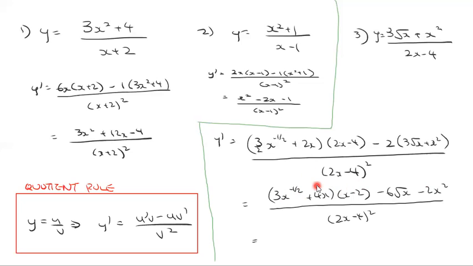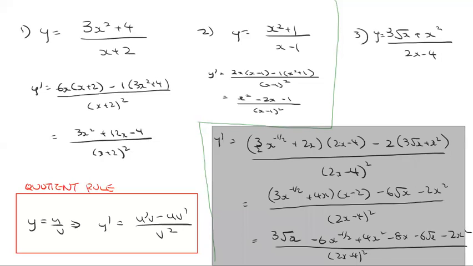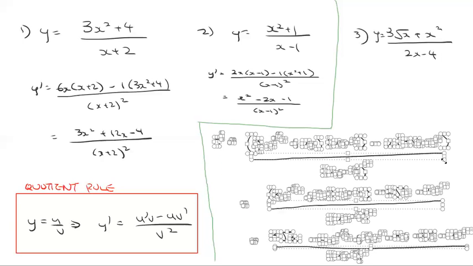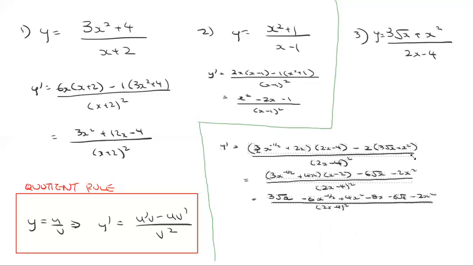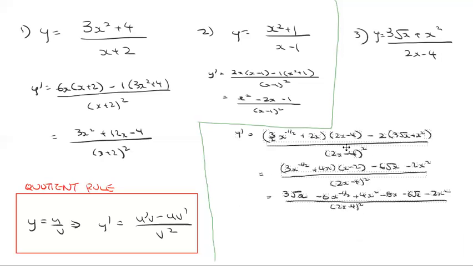Does it make sense? So let's expand it out. You're going to get 3 root x for the first one, then minus 6x to the negative a half, then plus 4x squared, minus 8x, minus 6 root x, minus 2x squared, all over 2x squared minus 4, all squared. And that will then be